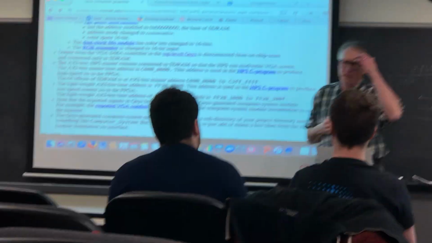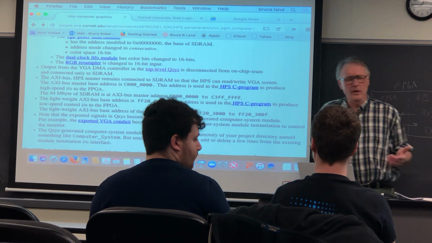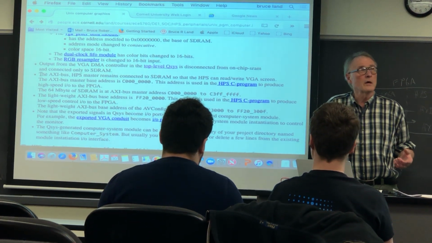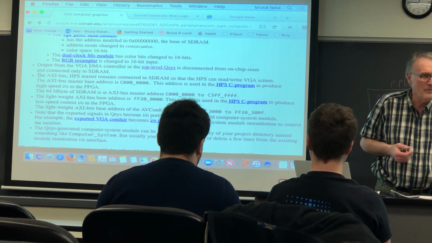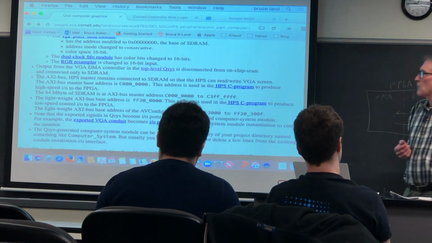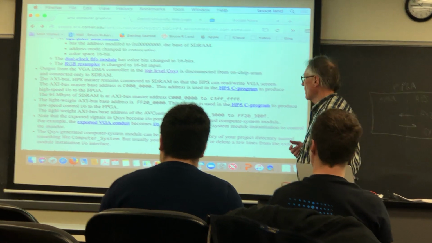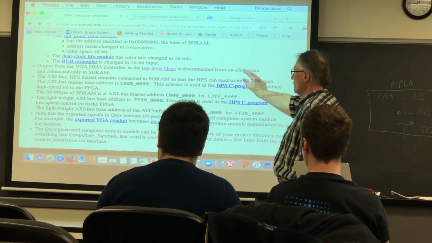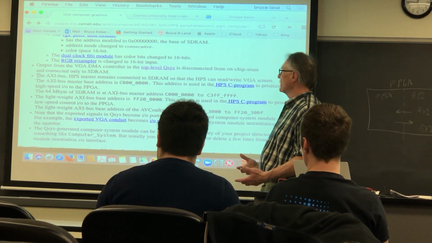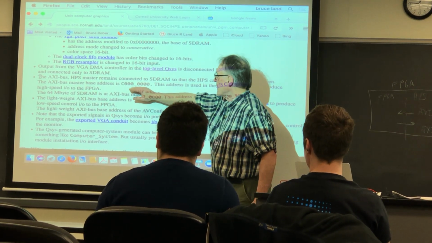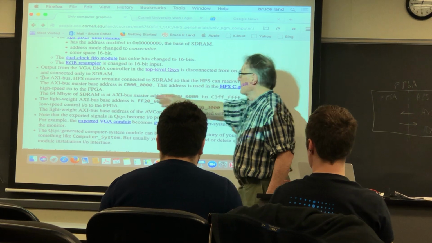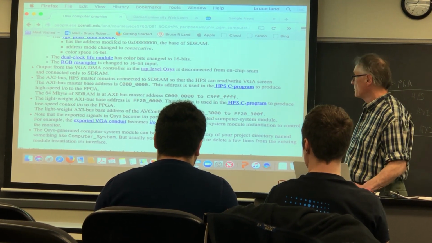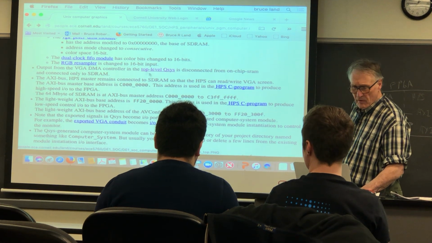There's going to be 307,200 locations in SDRAM that represent one image. You can write to those locations, you'll get pixels, and the base address is C000, and the address is used in the HPS C program